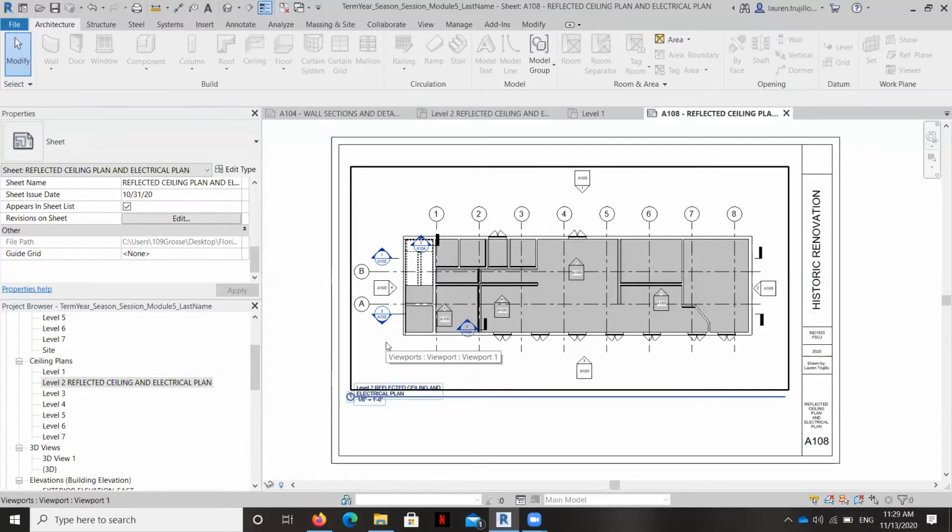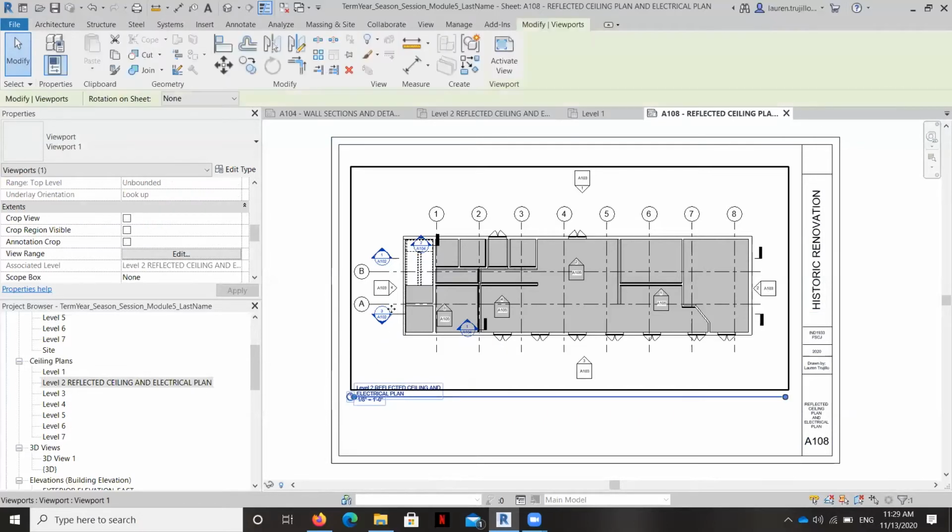What I am going to do though is hide some of these elements in the view, because I don't want to show the grid and the section tags and all that other stuff in here. It's going to take away space that we're going to need for the legend, and also it's not really relevant right now. So let's go ahead and hide some of these things.